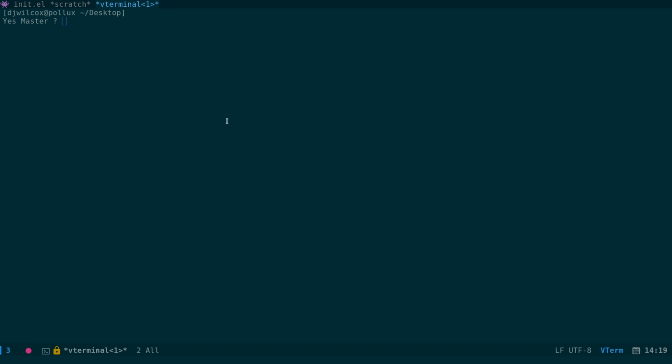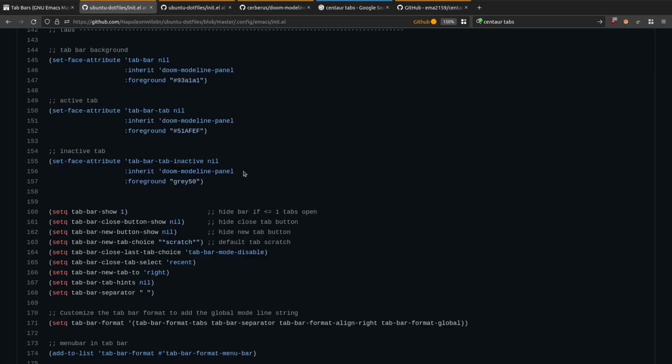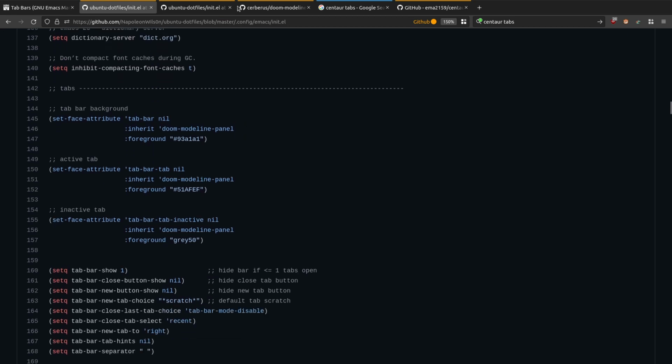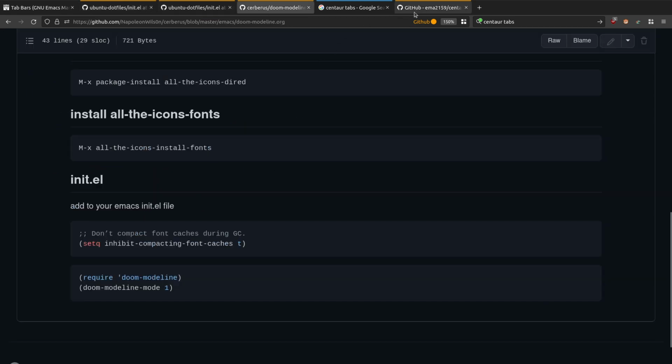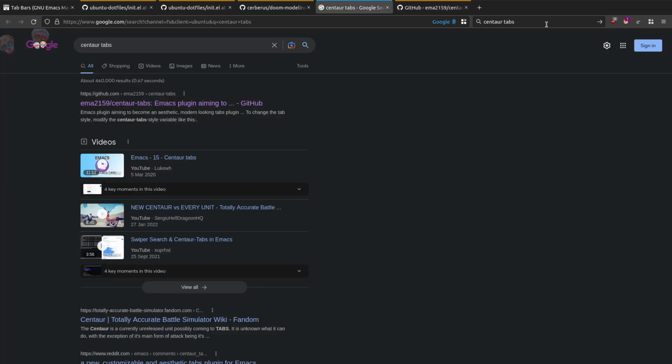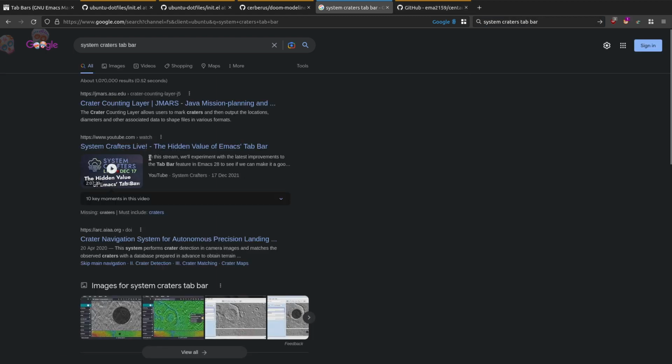I'll put links to all this: all the keyboard shortcuts, the tab setup, the modeline, the centaur tabs, and if you search System Crafters tab bar, the hidden value of the Emacs tab bar. He's got a long video and a short video about the Emacs tab bar and how you can style it. And I pinched a little bit of code, but what I found was I wanted to